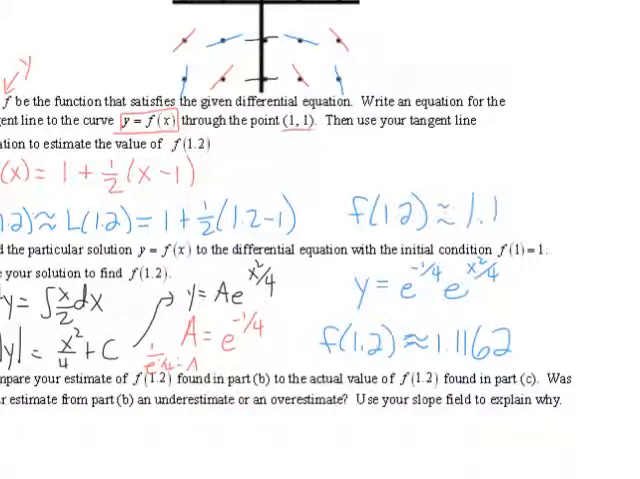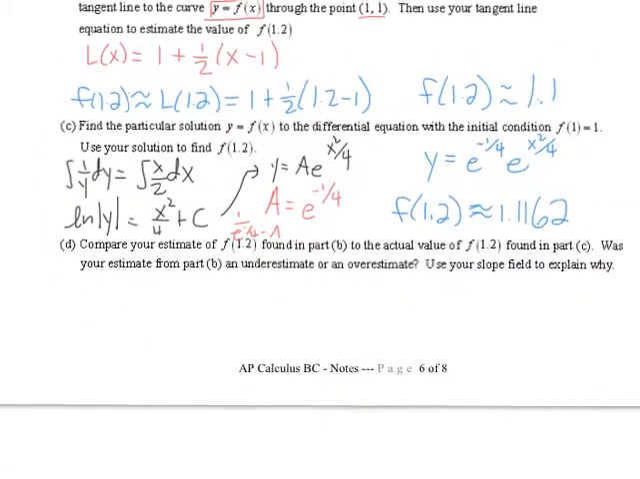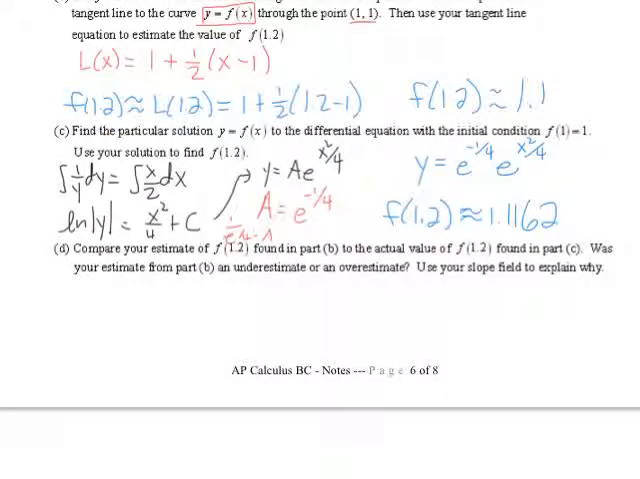All right, finally in part D, they ask us some questions. They say, compare your estimate of the function found in part B to the actual value found in part C. So our linearization came up with 1.1 as an estimate, and our separation of variables gave the exact value, or our rounded decimal, of 1.1162. And it looks like our actual value was slightly higher than our estimate. So our estimate was an underestimate. And